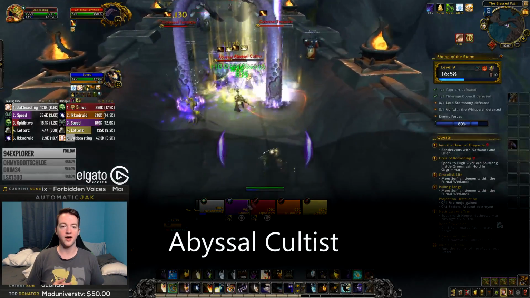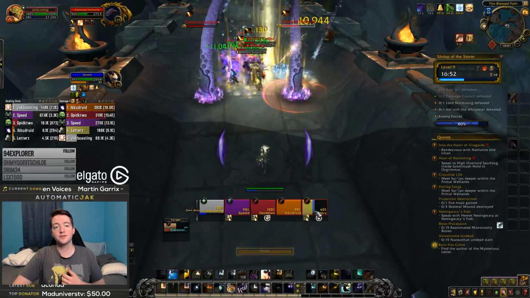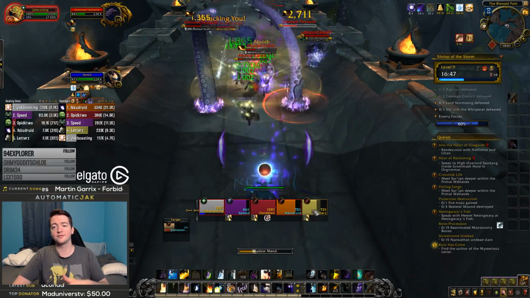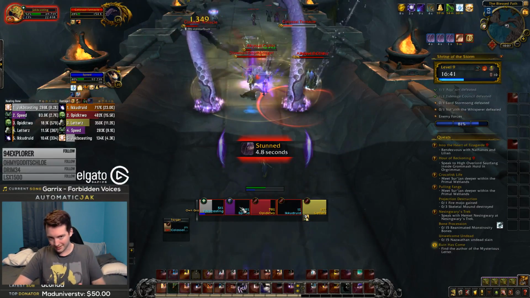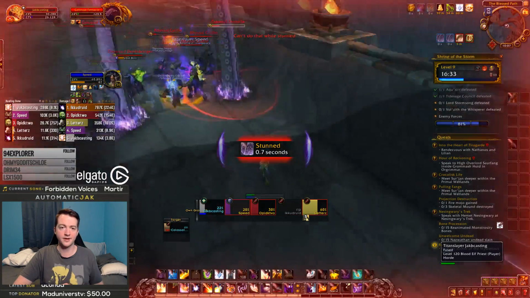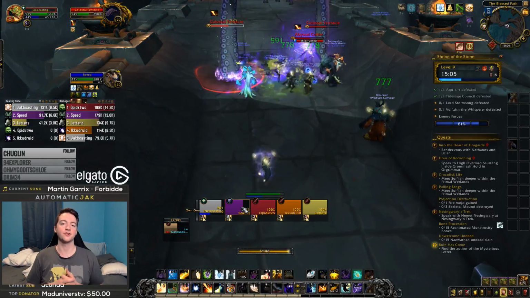As you move on to the bridge leading up to Lord Stormsong, you will have to deal with the Abyssal Cultists. And when you're dealing with the Cultists, you do have to watch out for not only the Mental Assault, which is the frontal cone that stuns the target and can be dispelled. It has an incredibly large range, so make sure the tank is facing away from everybody and watching out for that. You will also have to deal with Detect Thoughts, which will reduce the chance of those targets being